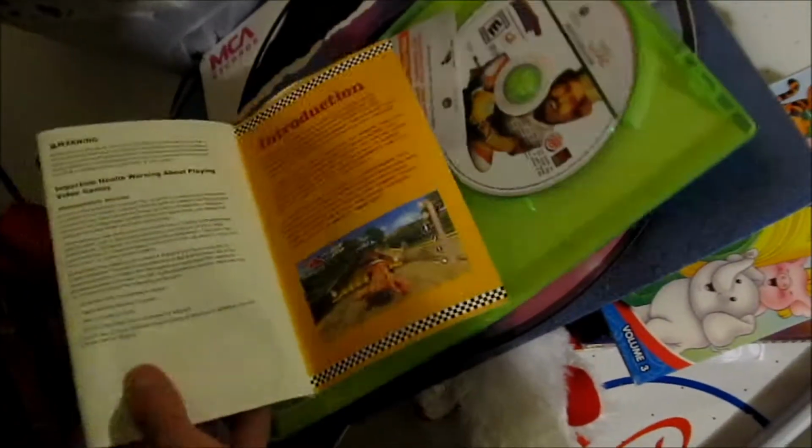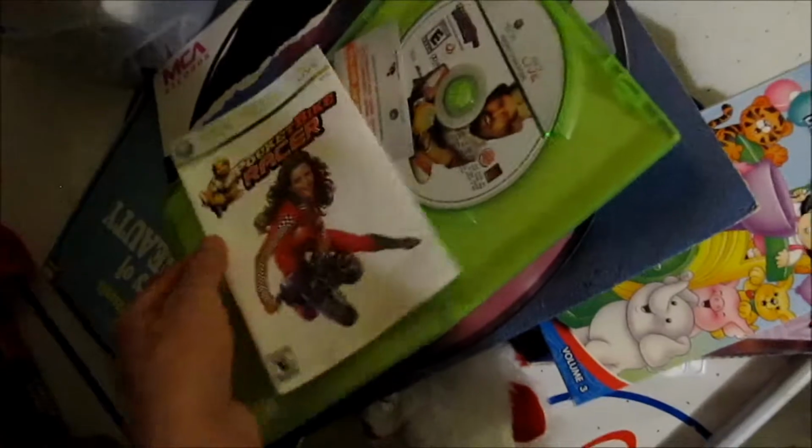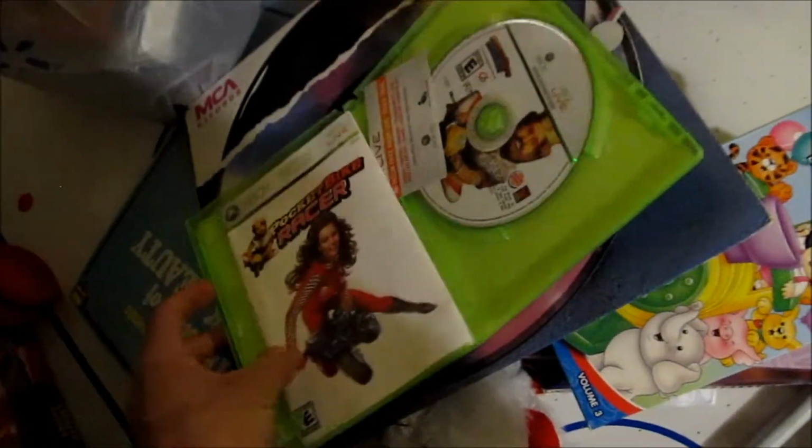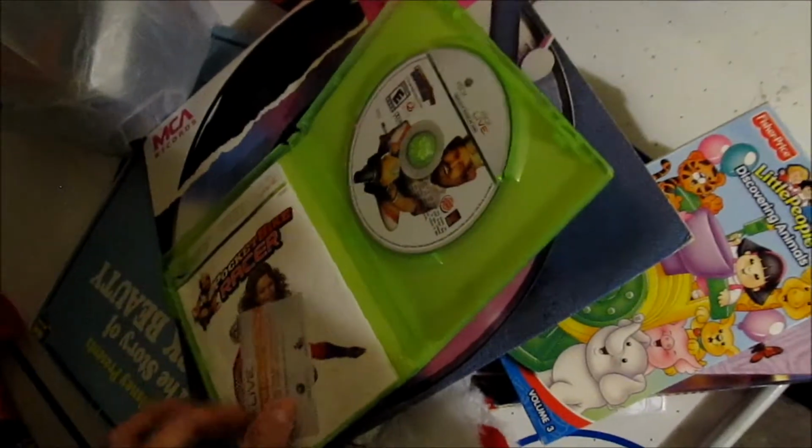Check the manual, see if there's any water damage or whatnot. It's perfect, no complaints. So it's like as if you get it brand new in a way. So that's pretty cool. The only thing I don't like that they do is, well, try to slide that in there,